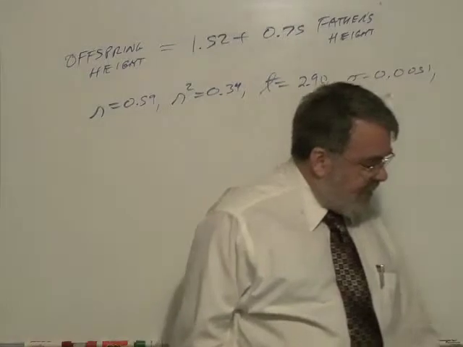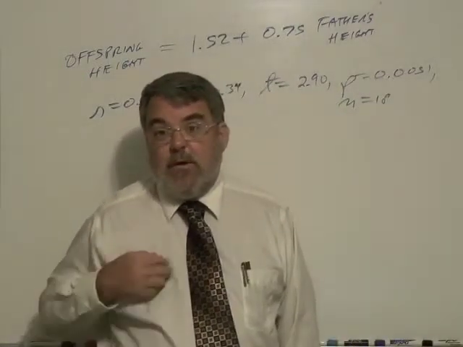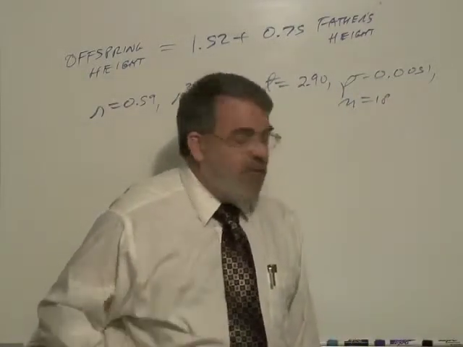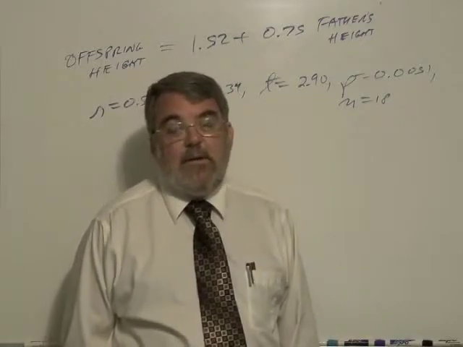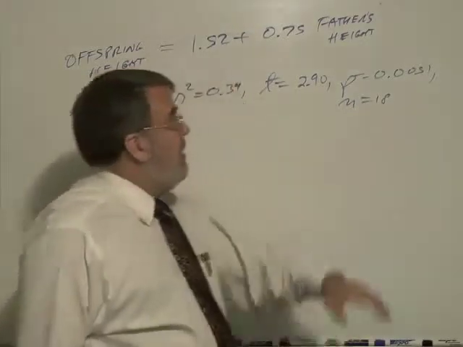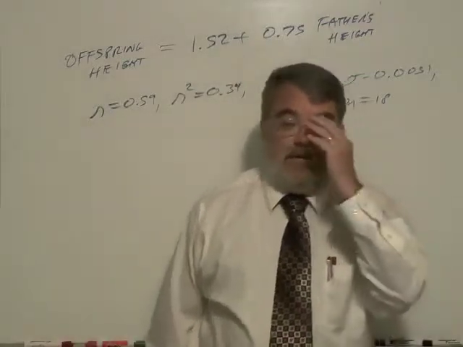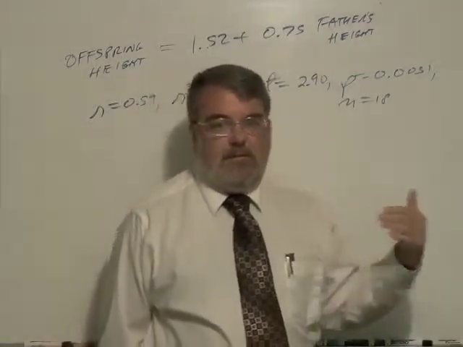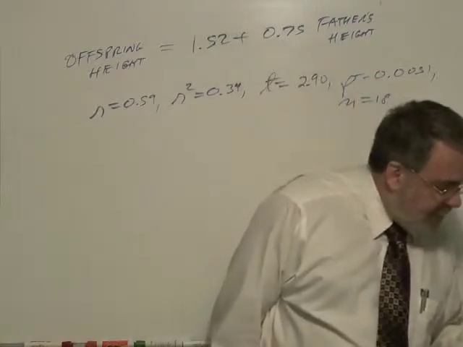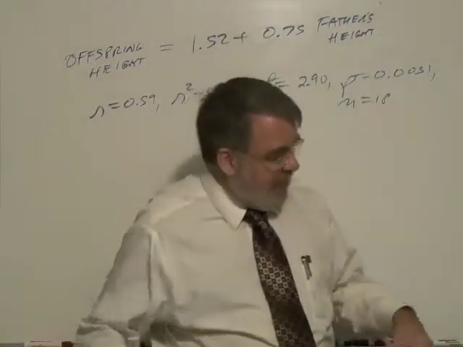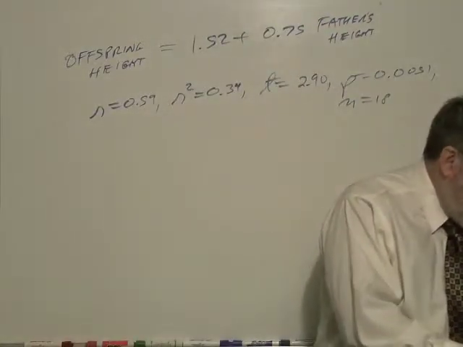I took the average of 0.20 and 1.30. If you add 0.2 and 1.3 together, you get 1.5, divided by 2, you get 0.75. They're talking about the slope. So I think it would have been a lot clearer if the authors had referred to it as slope rather than the population regression coefficient. And so